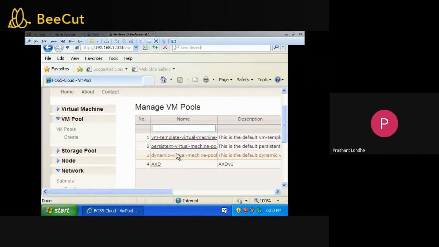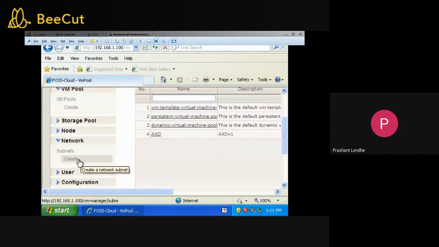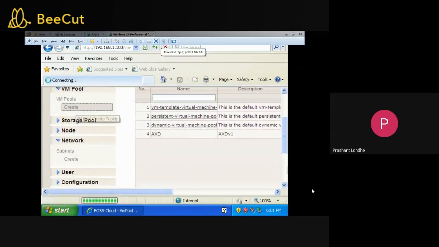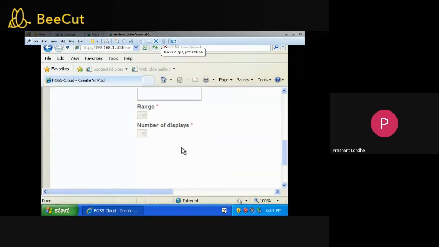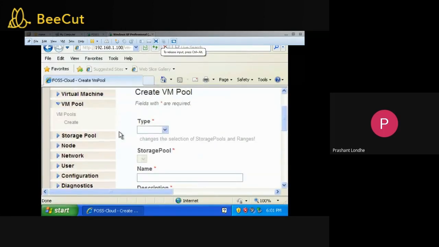Means, suppose you have n number of resources, so you are just dividing those resources for a particular group of network. The same thing we are doing over here. So you can define your network from here, or you will get the option from here also while creating the VM pools. So you need not go to the networking.